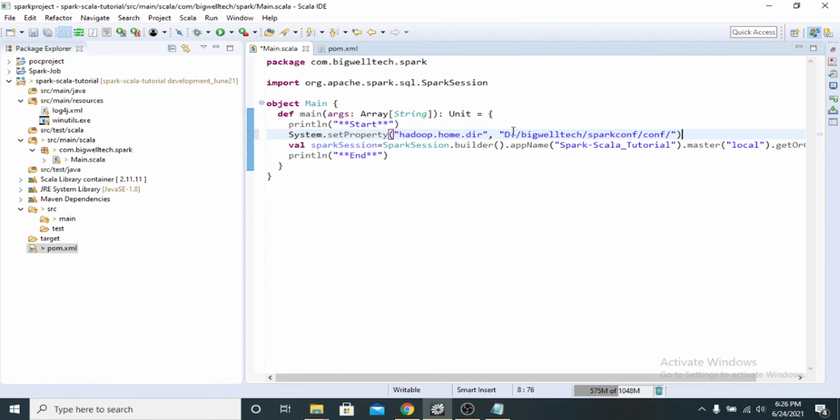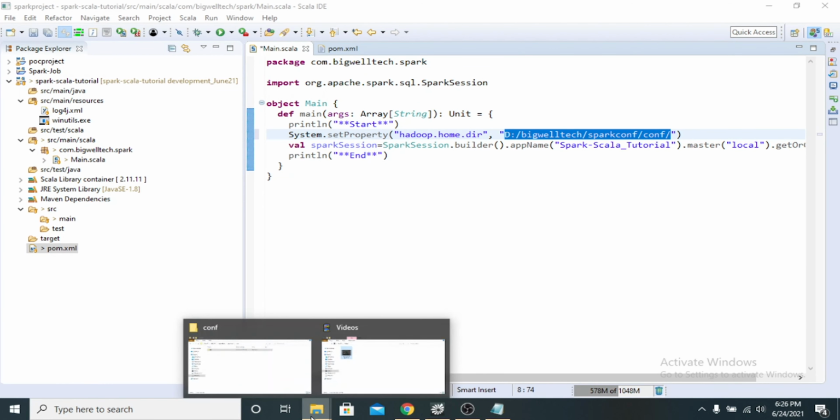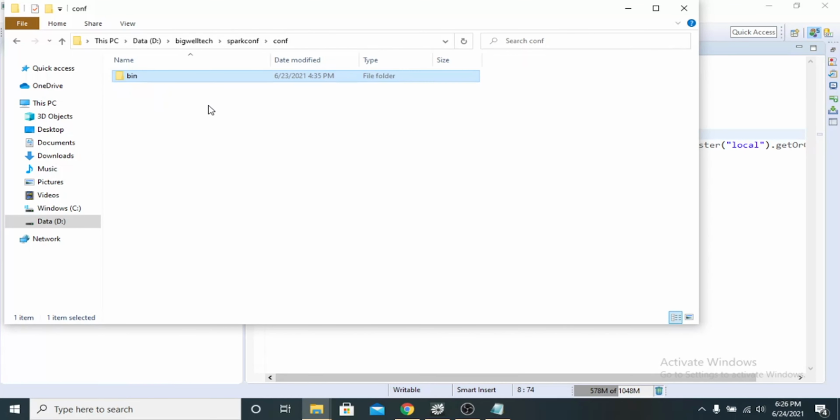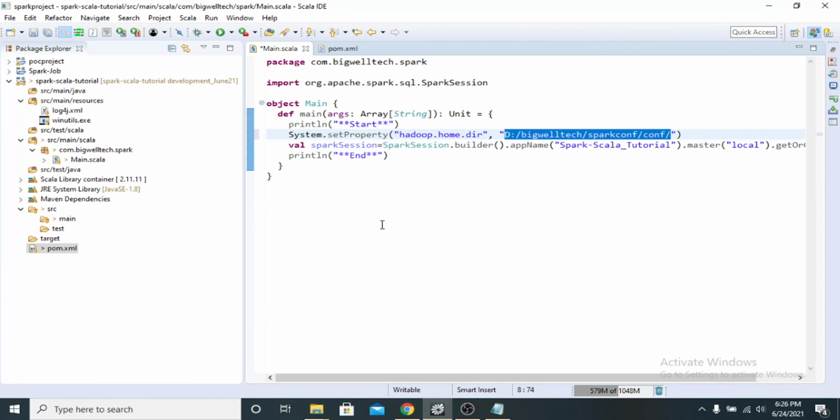In this location I have created one win folder, and I put winutils in the resource folder. You can download it from here. I will commit winutils also. So now you can run it.